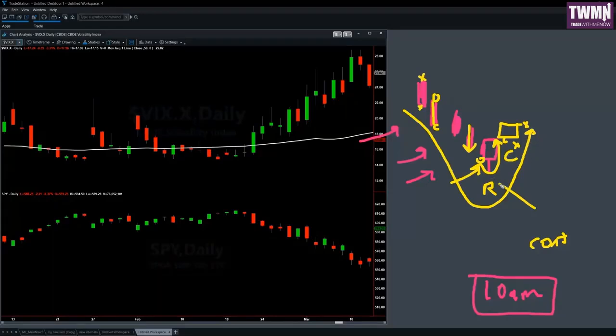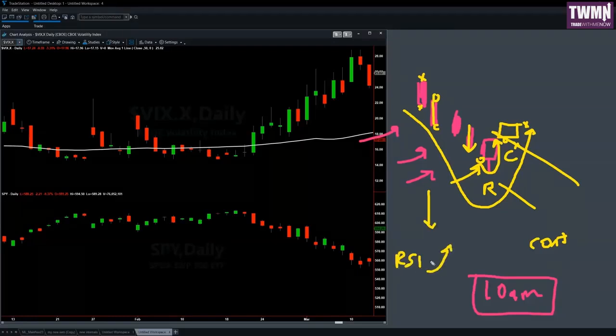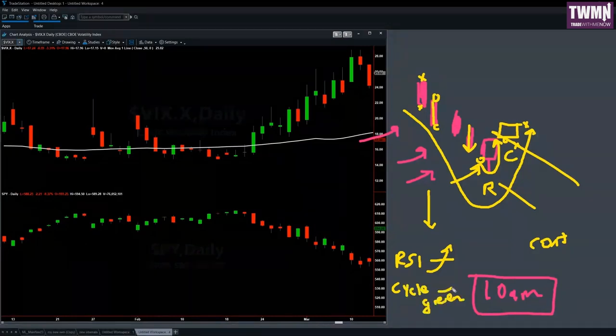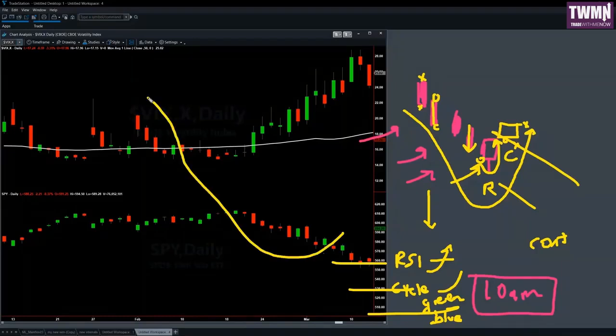When you get reversal confirmation, that's when you look down at your RSI to see, are you above the mid? You look at your cycle indicator to see if it turned green and the trajectory is pointing up, and you wait for your shift dots to all turn blue. 1, 2, 3. If that's all happening, then you look over at your 5-minute chart